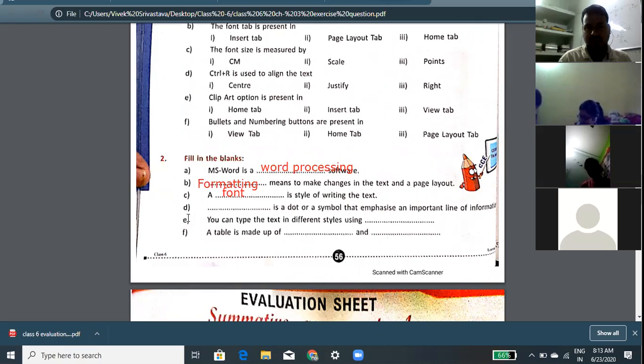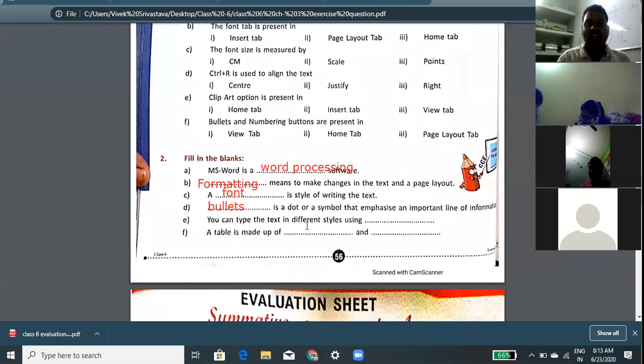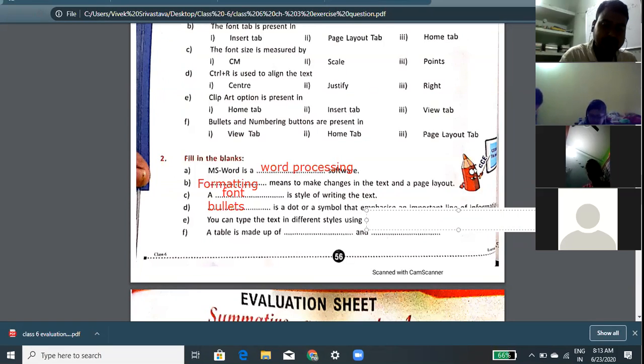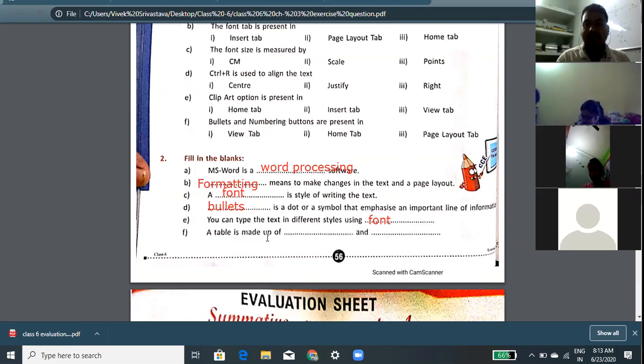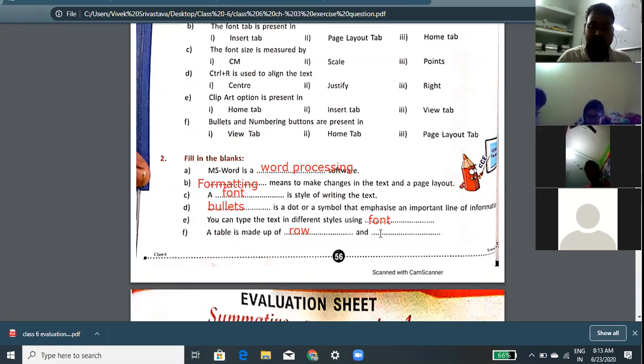Bullets. You can type the text in different style using font. A table is made up of rows and columns.